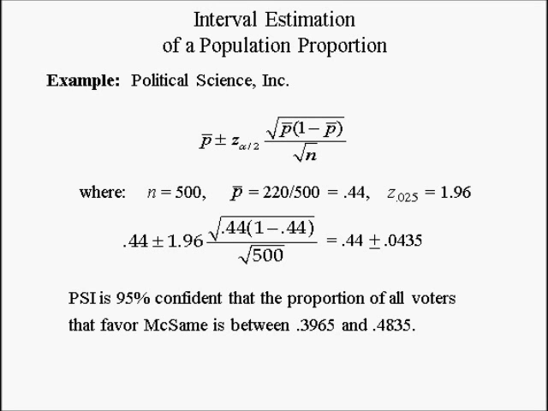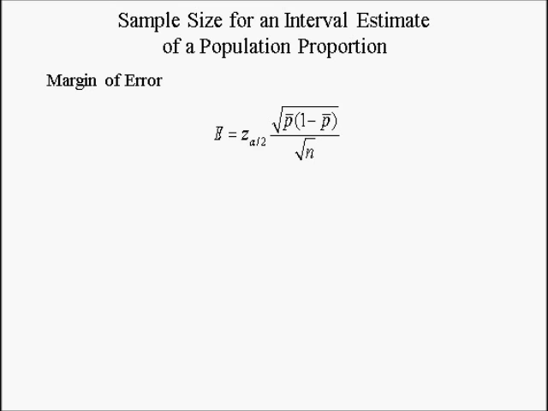Thus, PSI is 95% confident that the proportion of voters that favor McSame is between 0.3965 and 0.4835. If the upper limit of this confidence interval was larger than 0.50, the race between two political candidates is considered a dead heat. For a given level of confidence, the margin of error, E, can be reduced by increasing